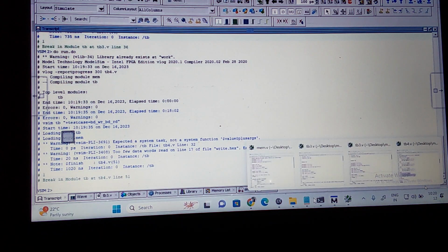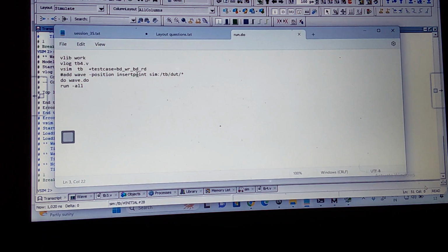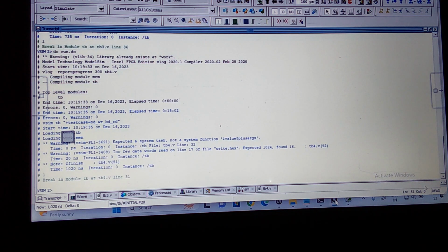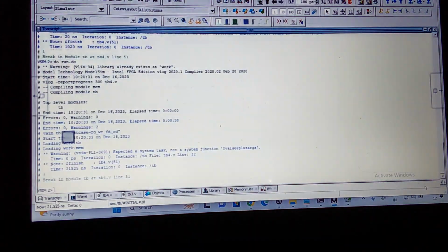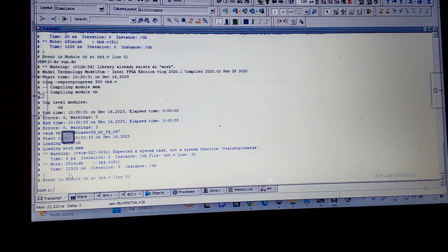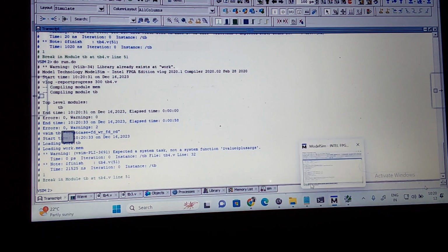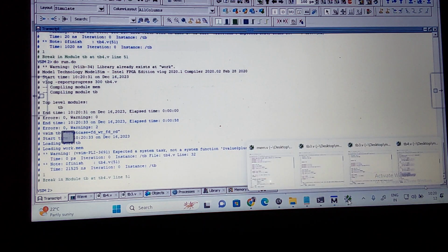Let us check this. Okay, let us make frontdoor read and frontdoor write. First, let us see what time it takes to do the simulation. Now let us run this program. You see what the total simulation time is? 21,525. Let us understand this. What is the depth I was given? It is 32. Right? Let us see, this is the file.